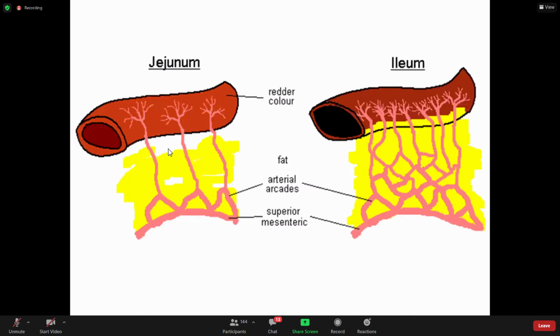So if you look at the mesentery between the vasa recta over here, and if you look at the mesentery of ileum between two vasa recta, because fat will be more in case of mesentery of the ileum, it will be less translucent, while the mesentery of jejunum will be more translucent. So this is one characteristic feature which you can very easily differentiate with your naked eye.